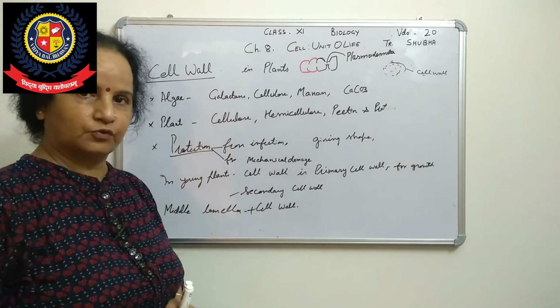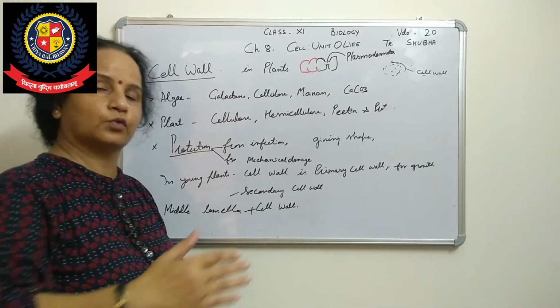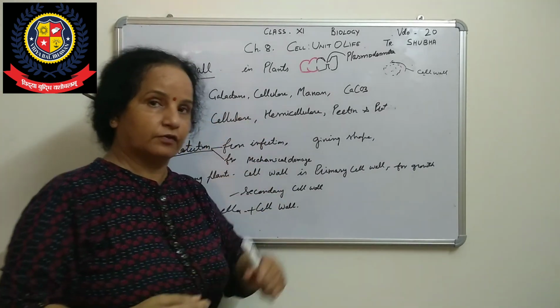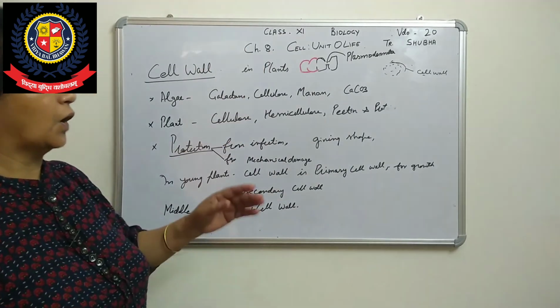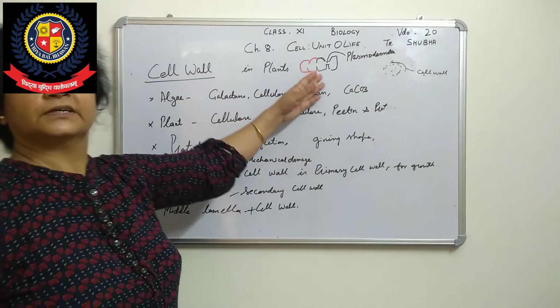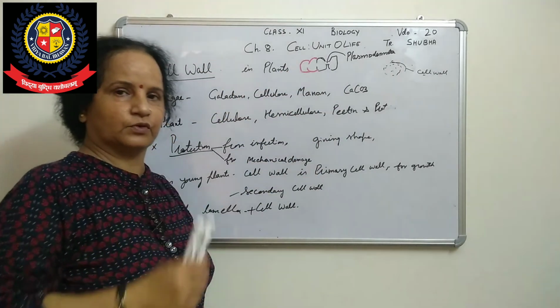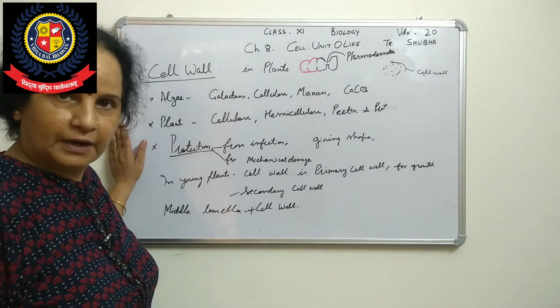As you know, roots absorb water from the soil. Then through xylem vessels and tracheids, it moves up, rising up. It is also called ascent of sap. So how will that move from one cell to another cell to another cell? From these plasmodesmata they can move. So this is the cell wall which occurs in plants only.